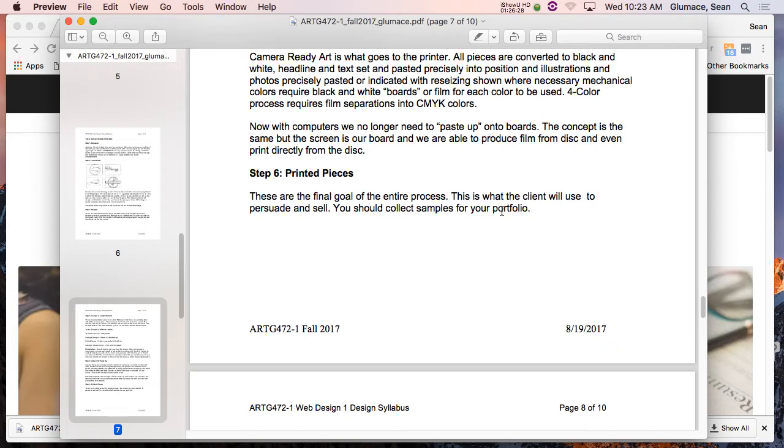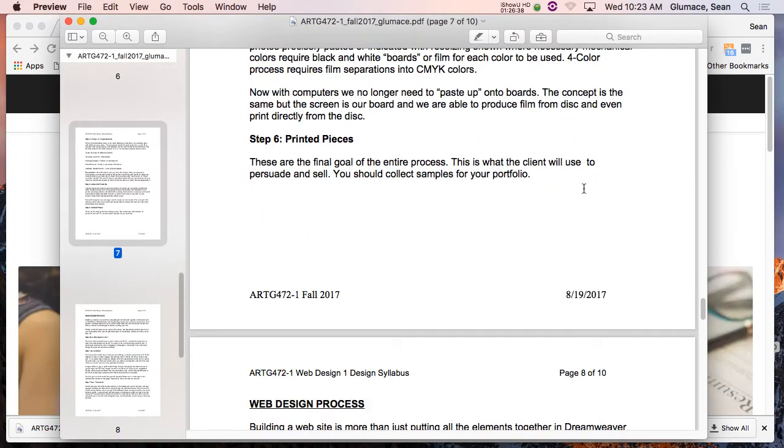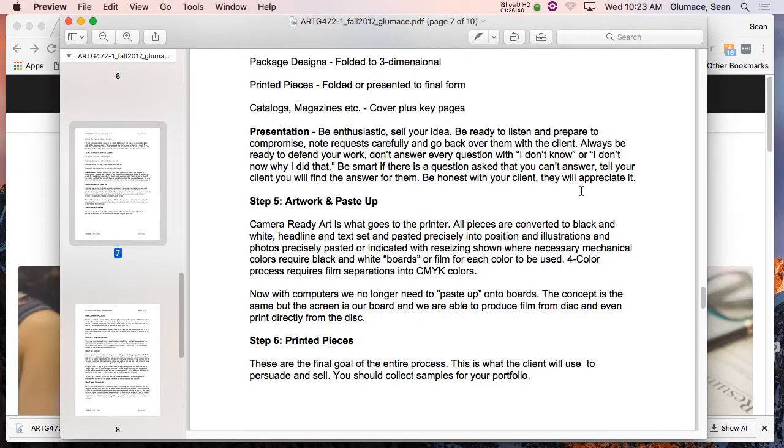I like the printed stuff. It's done. It's finished work. The web never, ever is finished. It's always change this, build that, do this. So that's the process. You got like 3 weeks' worth of stuff in like 2 hours.